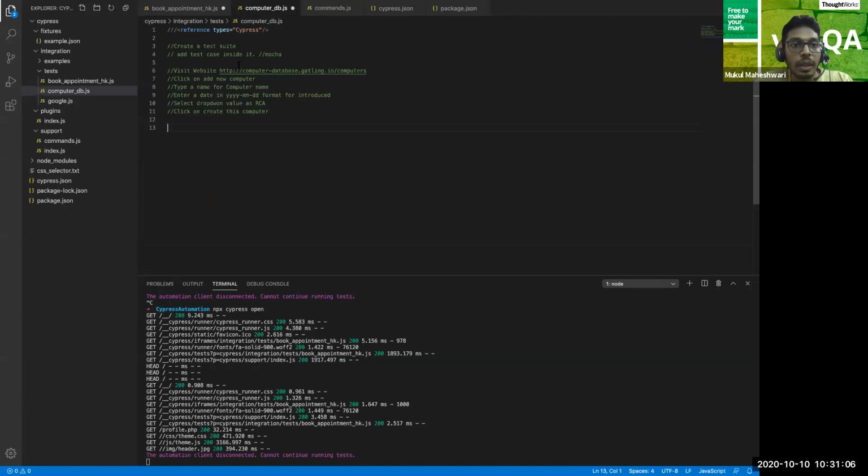So the first thing that we do, whenever we get a test case or use case and we have to automate it, is that we create a test suite. You can relate it with Java. When we start writing tests, we create a test suite, and then we add test cases inside it. So a similar thing we will do over here also. We will start with the